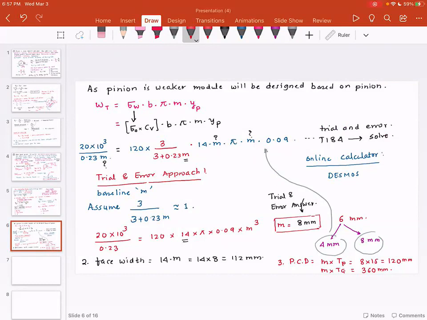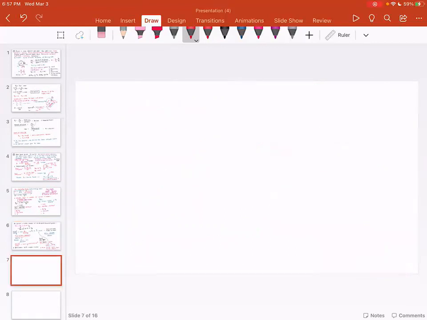Now let's take a complete problem wherein we are going to start from the basics, and then we will try to design the gear, and then from there we will try to design the shaft. So, next problem. Design a gear